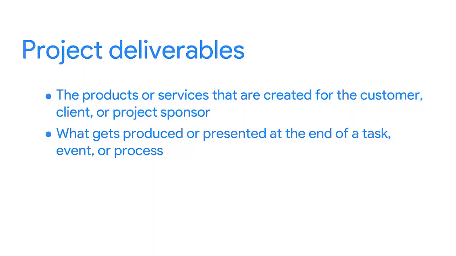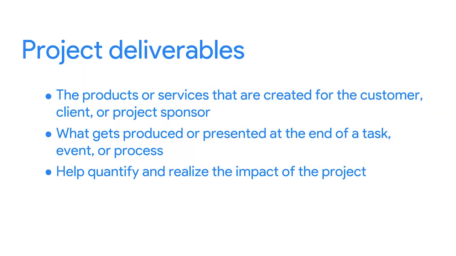There are all sorts of project deliverable examples. A pretty common one is a report. When a goal is reached, you can visibly see the results documented in a chart, graph, or presentation. Deliverables help us quantify and realize the impact of the project. Just like needing well-defined goals, you need well-defined deliverables for pretty much the same reasons.